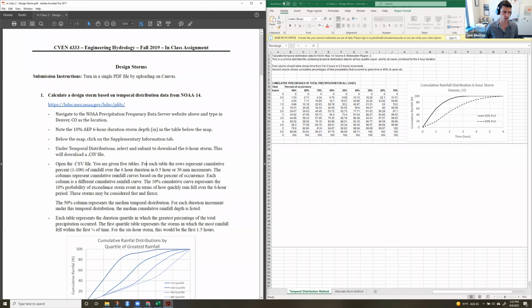Okay, team, let's take a look at the in-class assignment for design storms. Please submit a single PDF of this assignment with screenshots and whatnot, graphs, etc. The first thing we're going to do is create a hydrograph based on the temporal distribution data for NOAA 14,